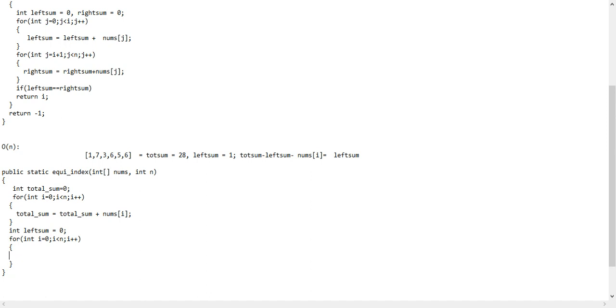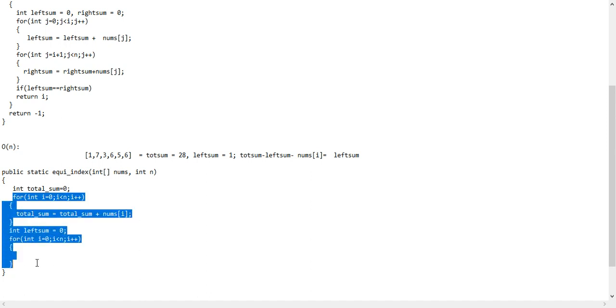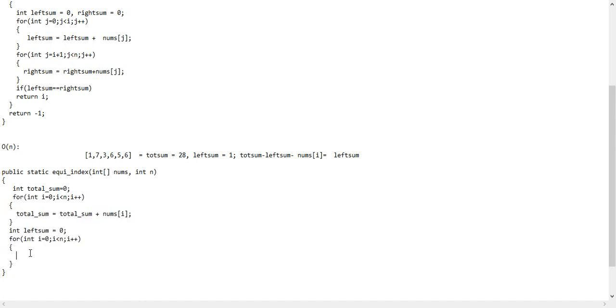Okay, I have to clear this in your mind. You would say I have used 2 for loops here, so it should be O of n square. Even if I use n times of for loops here, it would not be O of n square unless and until I am using a for loop inside another for loop.